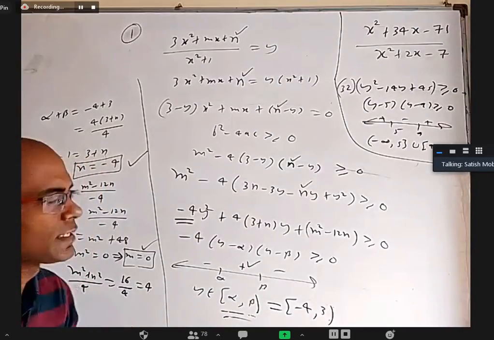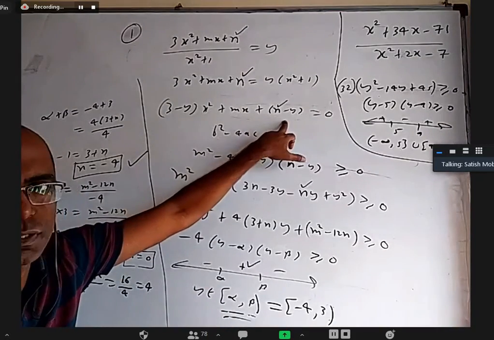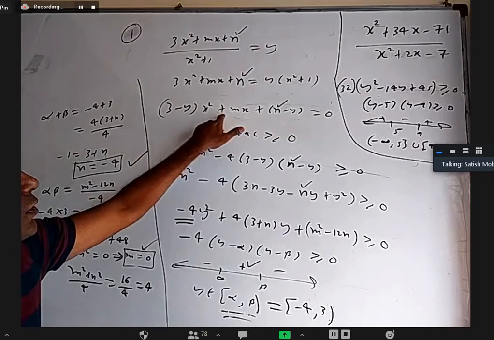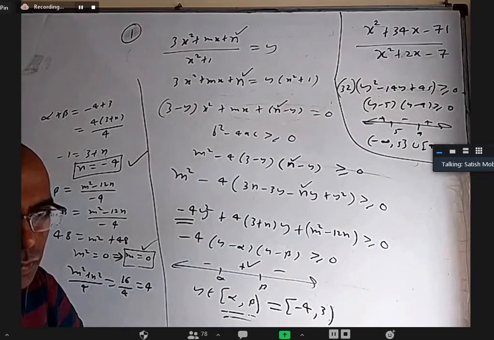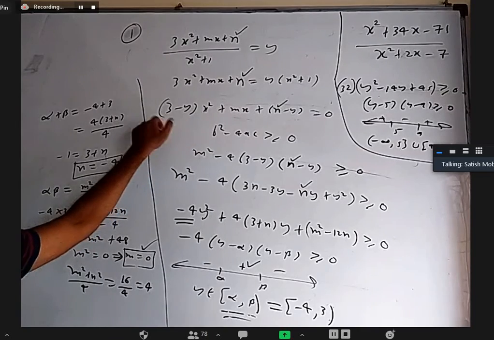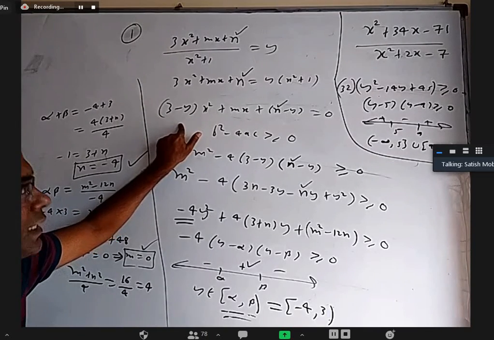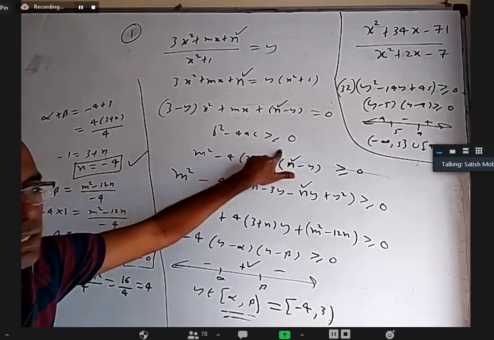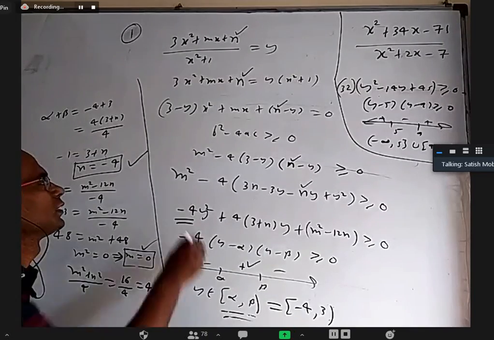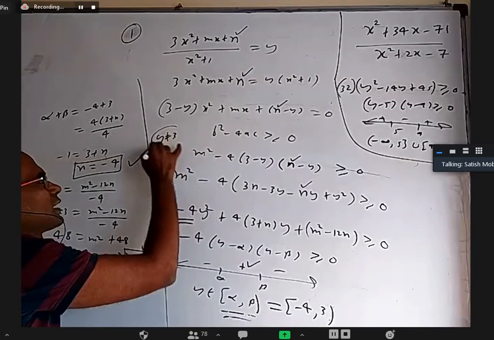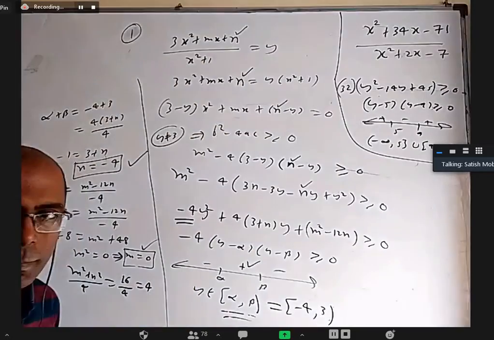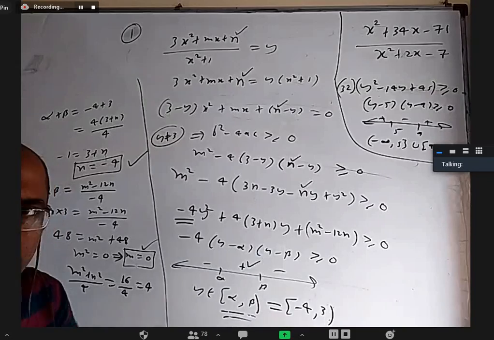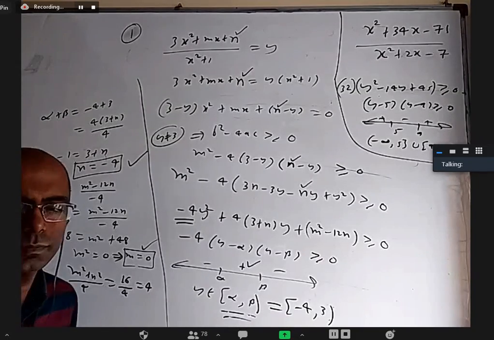But one thing you have to notice here, this is not a quadratic expression. You may say, what is there, x square into something, x into something, constant? It is a quadratic expression. No. If y equals 3, this will become 0, right? Then is this a quadratic expression then? Then why are you checking b square minus 4ac greater than or equal to 0? So right here we should write y not equal to 3. In that case only we are doing this. When y equals 3, we should treat it separately. Because of that, this open comes. Right. Okay, sir.